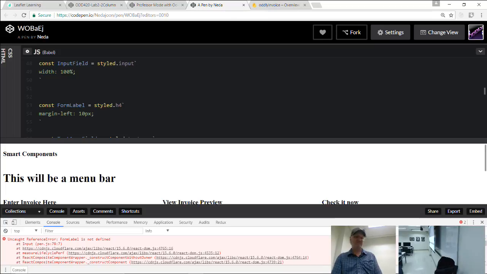Can I ask a quick question? Yep. What's the key of that? Key is used by React. If you give a unique key value to each of your components, React will find them faster when it goes to update. It's basically just a way to make your application run speedier.